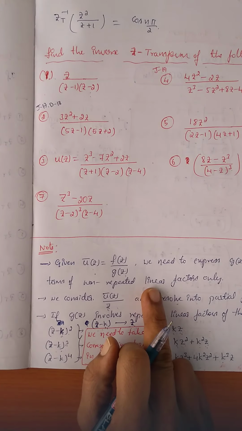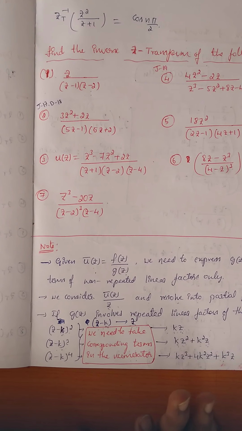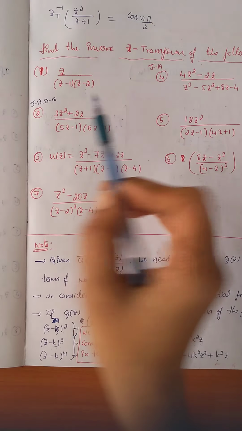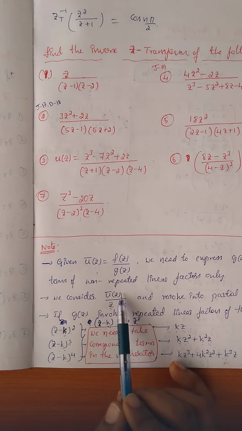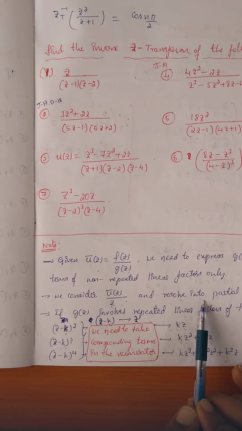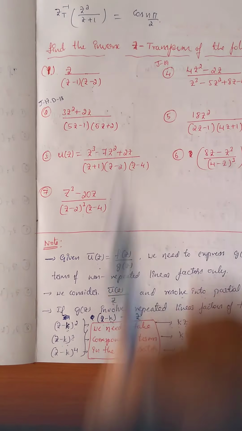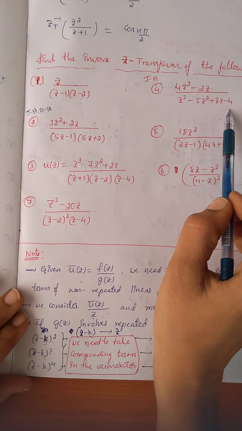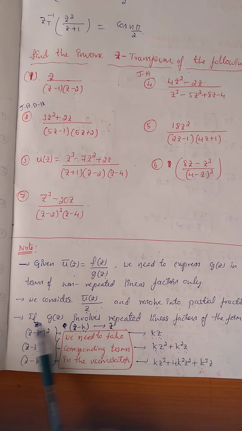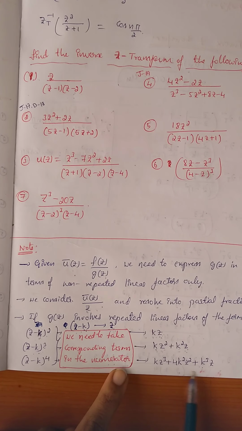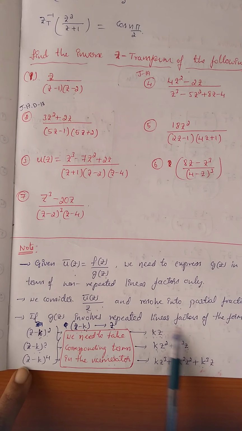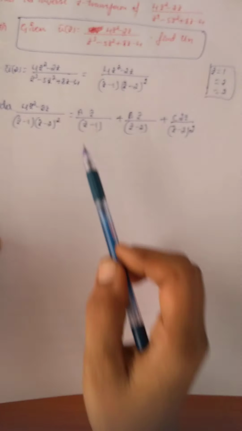This is very important. This is the difference between linear repeated and non-linear repeated factors. In type 1, directly take U bar of z by z if it is a non-linear repeated problem, then apply the partial fraction, apply the z transform, inverse z transform. Suppose the denominator has a repeated factor. Using this last third note, we should assume this numerator term.